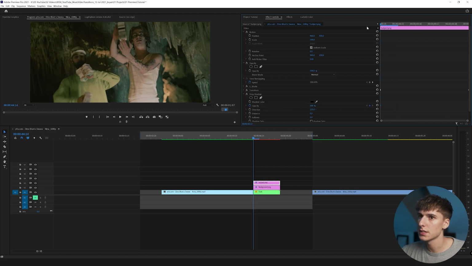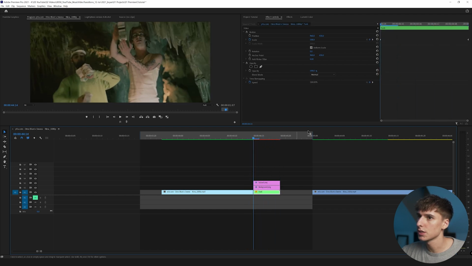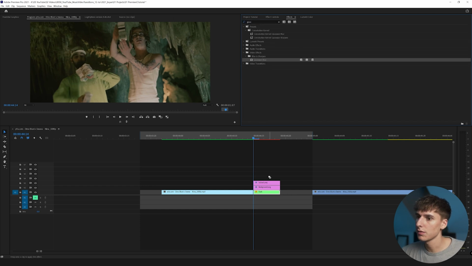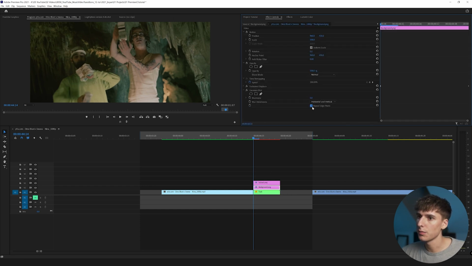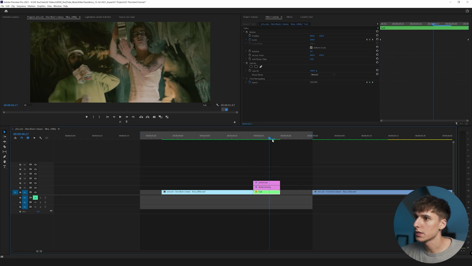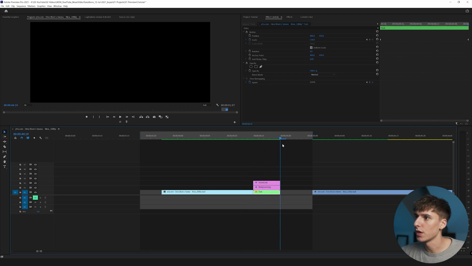And then I'm going to keyframe the opacity at the start from 0 and keyframe it to like 100 at the end. That way it kind of gains some depth as we go throughout the transition. And then to get that look as well, I'm gonna add some Gaussian blur onto the background. What that's gonna do, nothing right off the start, but then I'm gonna go ahead and click repeat edge pixels, keyframe the blurriness at the beginning to 0, and then go to the end and kind of just make it whatever you think looks good. And now it's going to have a blurrier background. That way it kind of just adds separation from the subject.